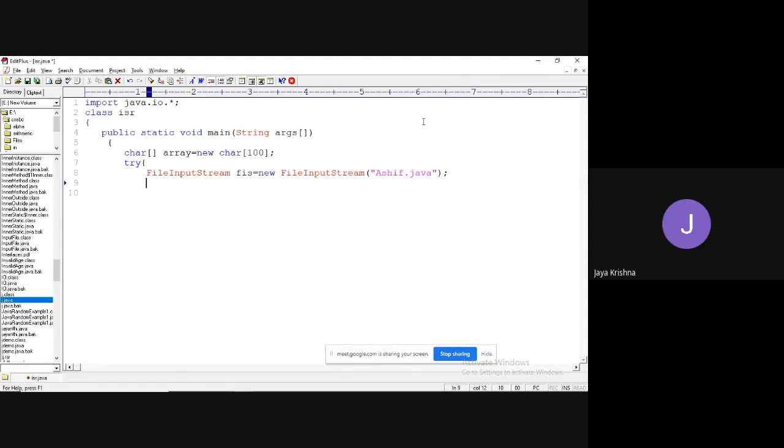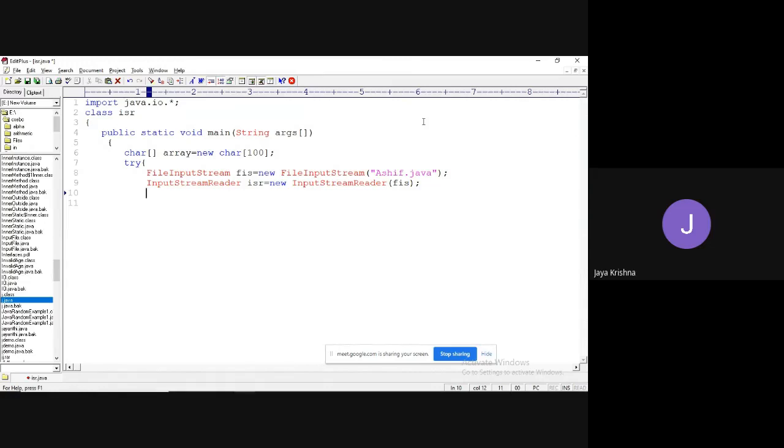Okay, so this object I need to pass to the InputStreamReader: InputStreamReader isr = new InputStreamReader(fis).